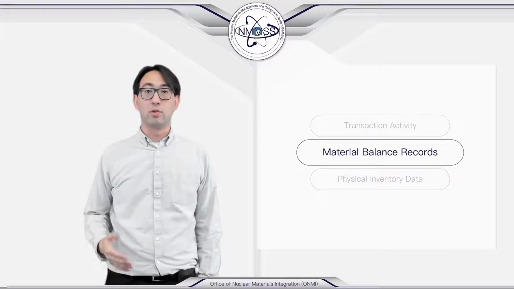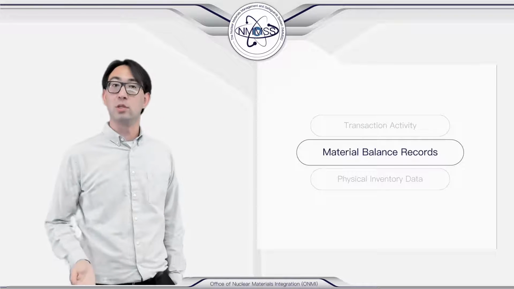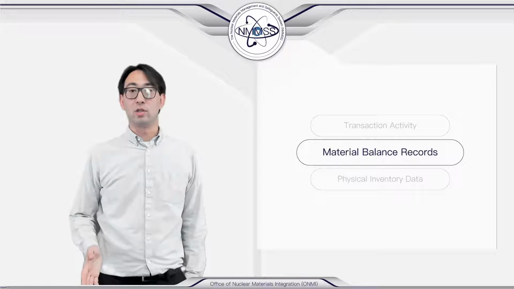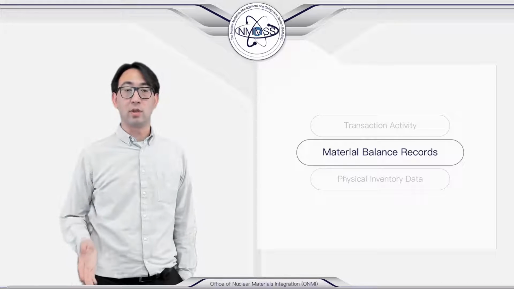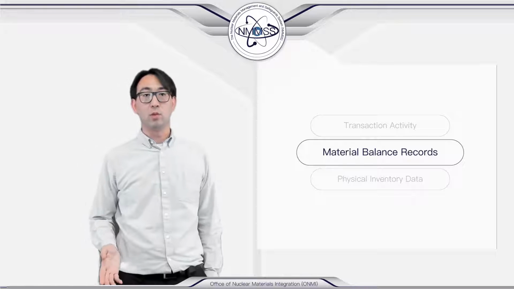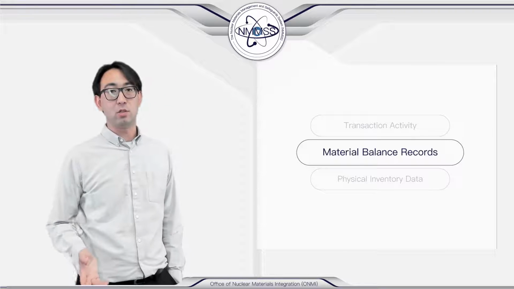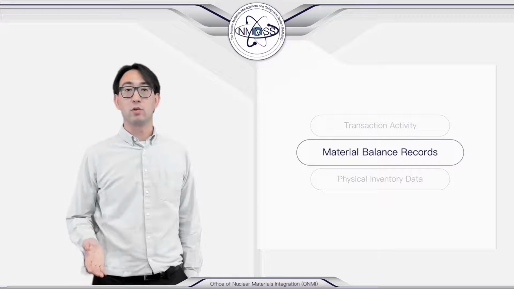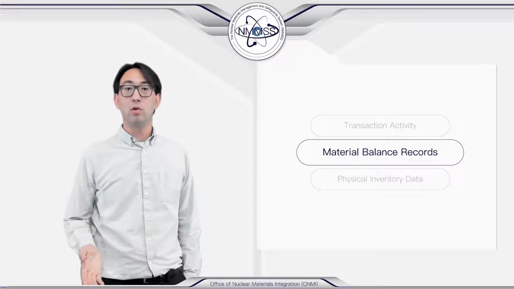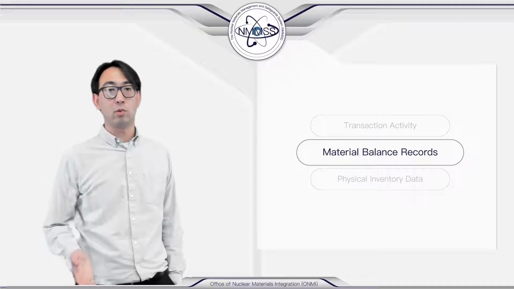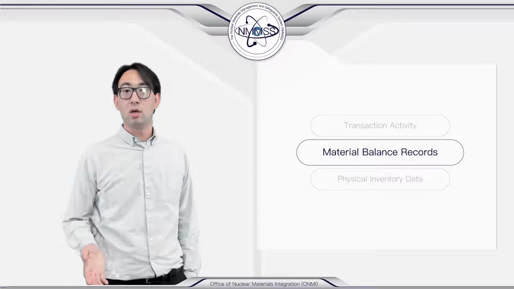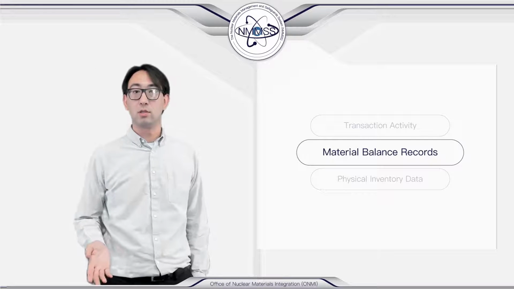Transaction activity is one of the 3 key measurements by which reconciliation is performed. All transaction activity reported by the facility after the last physical inventory will be evaluated during the upcoming reconciliation for the facility. This data is used by NMMS to derive material balance records from their last inventory through the current inventory to compare how reported transactions during the time period affect projected nuclear material balances.